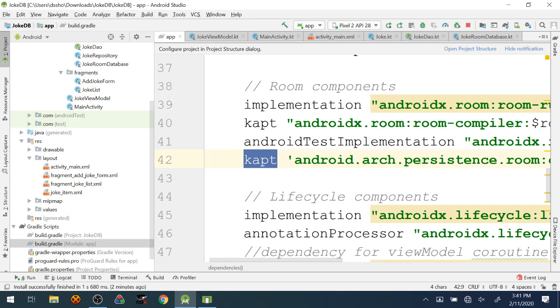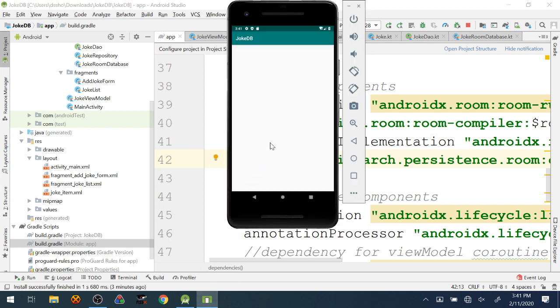So one of the problems with using Room is that if things go wrong, I already know the error message you're going to get. It's going to say something like, could not find database implementation for such and such. But it very rarely tells you why there isn't a database implementation. And then you're on the hook to try and figure out what you forgot. So the Gradle file stuff and the annotations are two of the most common reasons why that error occurs. Those are going to be the first things I ask you about if you're having Room errors when you're coding up these apps.